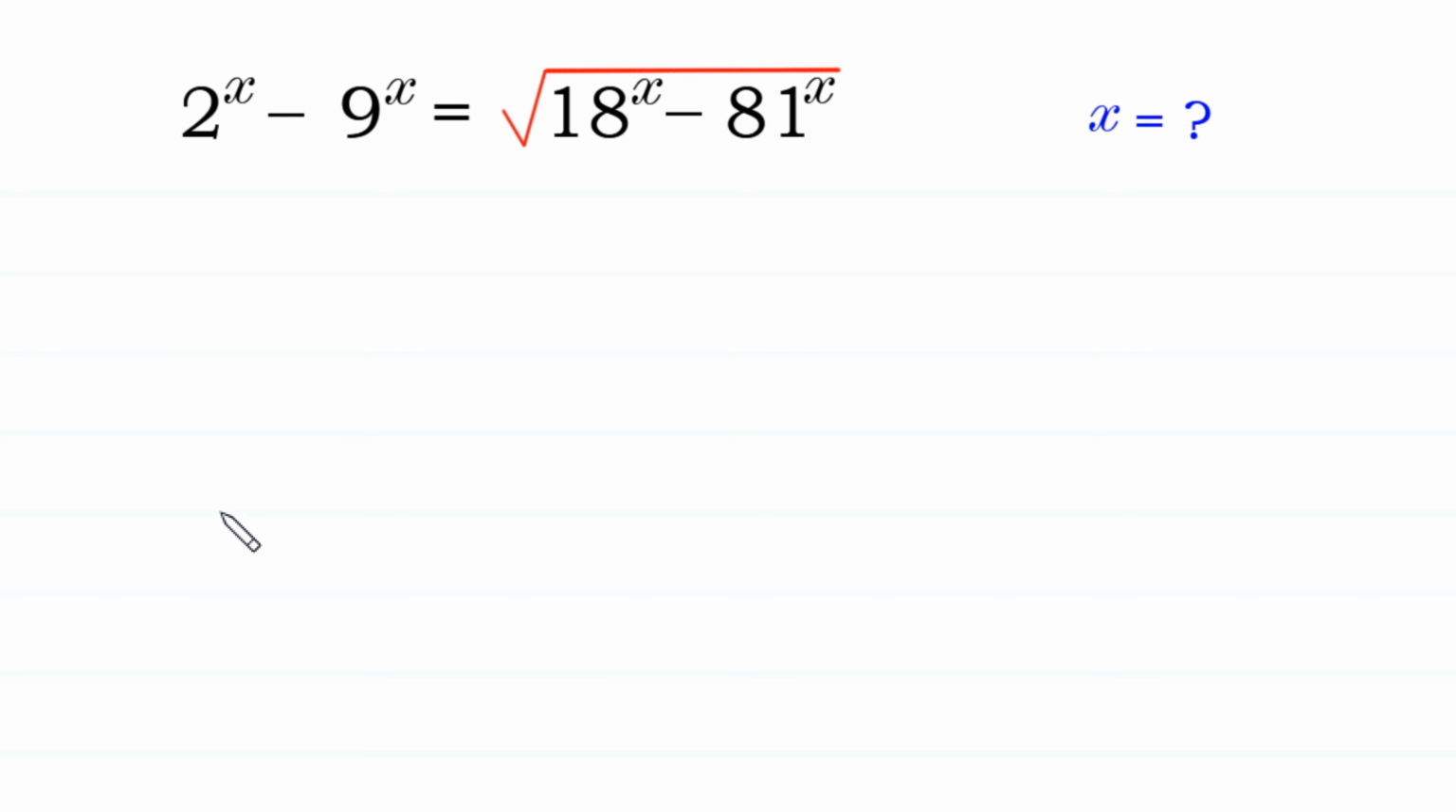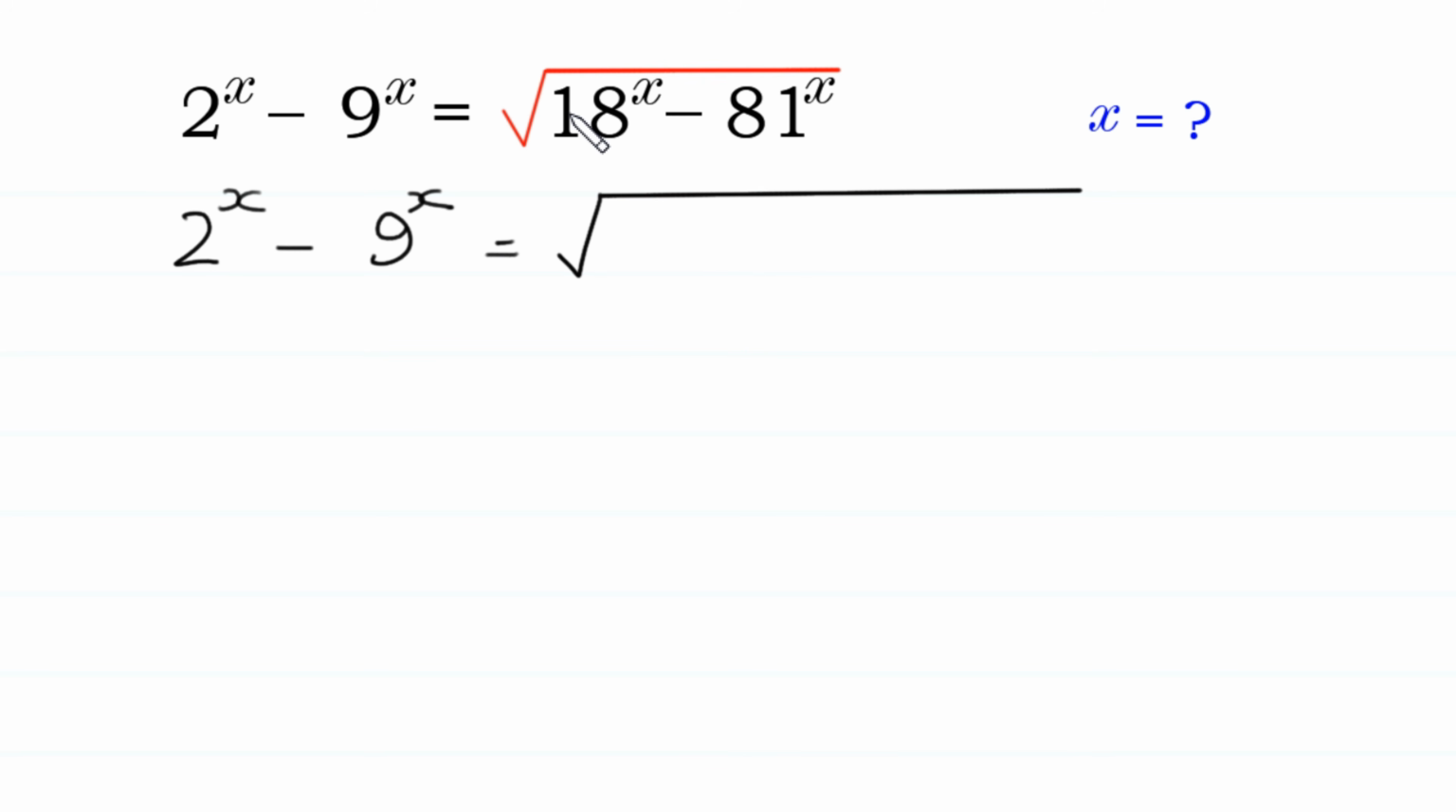Hello, welcome to how to solve this very nice exponential equation. 2 to the power x minus 9 to the power x is equal to square root of 18 to the power x minus 81 to the power x. 2 to the power x minus 9 to the power x is equal to square root of,